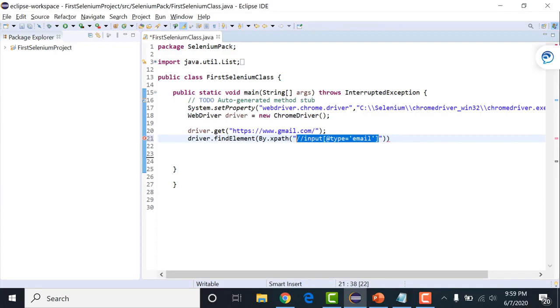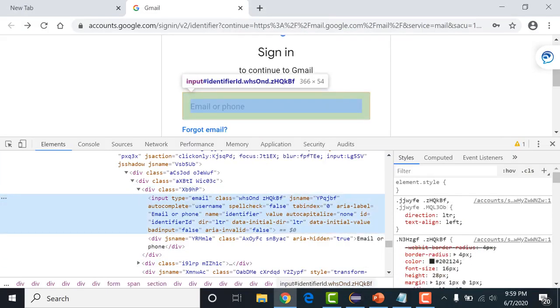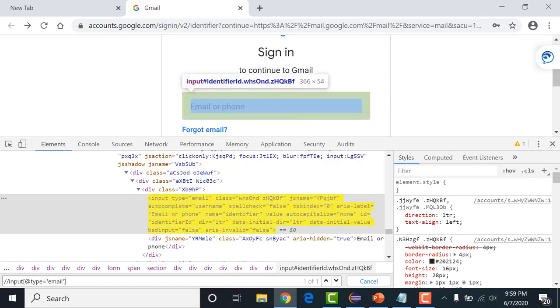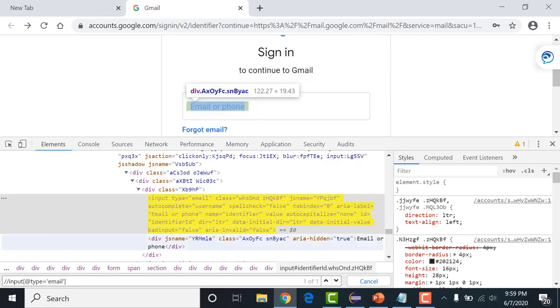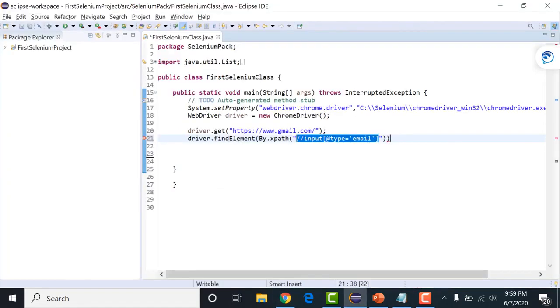So if you want to cross check whether you have identified the correct XPath or not, you can just press Ctrl+F and write your XPath over here, and it will identify one of one, right? It is identifying the exact element that we wanted. Fine, that we can use. After that, what do we want? See, this is my email button. This is going to return a web element, right? I'm going to store